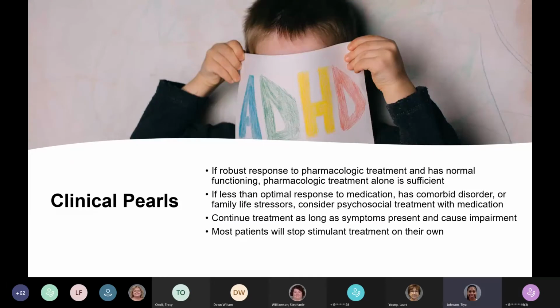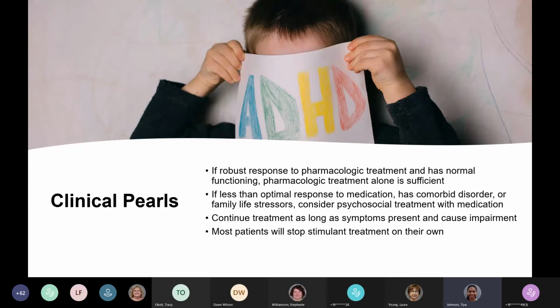So clinical pearls. If the patient with ADHD has a robust response to the pharmacological treatment and is back to normal functioning, then medication alone is sufficient. You don't have to do anything else. If the patient has less than optimal response to medication, they have a comorbid disorder, or there are stressors in the family life, which are usually present, consider psychosocial treatment, so behavioral therapy with medication, because that is beneficial in those cases. You should continue to treat the ADHD symptoms as long as they are present and cause impairment,